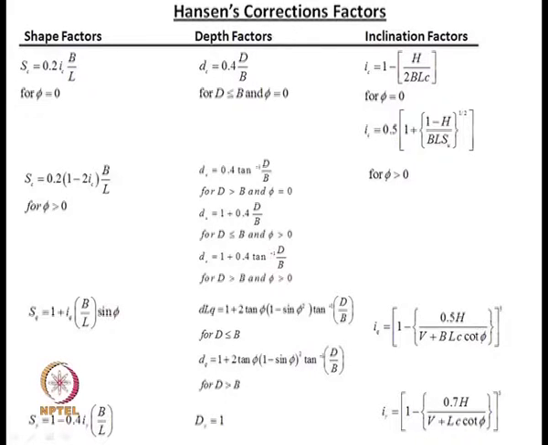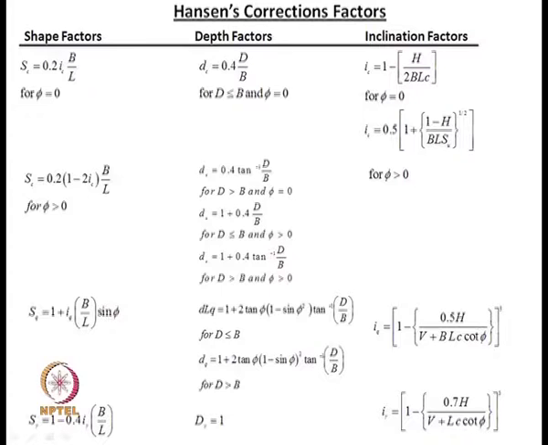Now, Hansen's correction factors are similar to Meyerhof's correction factors. This is the table which is presented for Hansen's correction factors. So, this is for the shape factors: these are the shape factors for phi equal to 0, and this is for phi greater than 0, the two shape factors SC and SQ, and similarly S gamma. Similarly for the depth factor, if phi equal to 0 and d less than or equal to b,